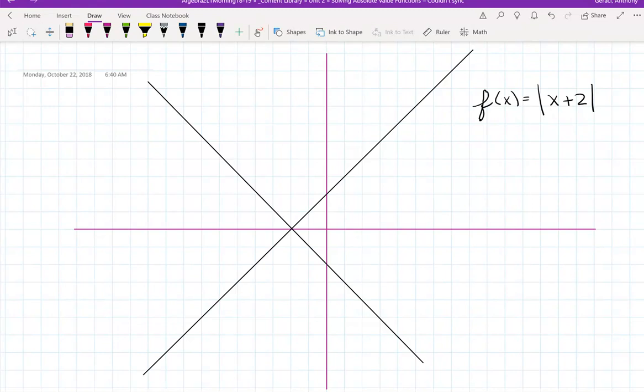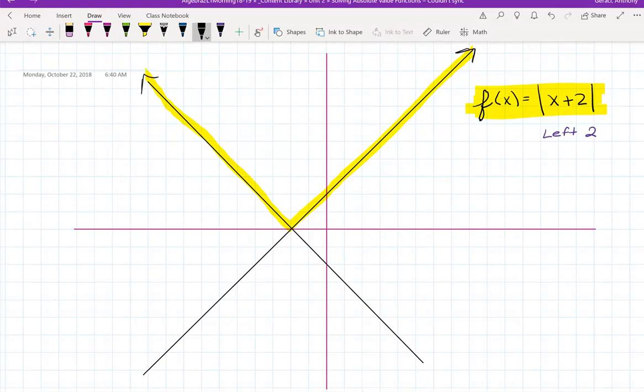So, here's a highlighter. Here's my absolute value equation. As we know from our shifts with the x, this means that the graph is going to shift to the left 2 from the origin. And that is what I drew right here. There's your absolute value